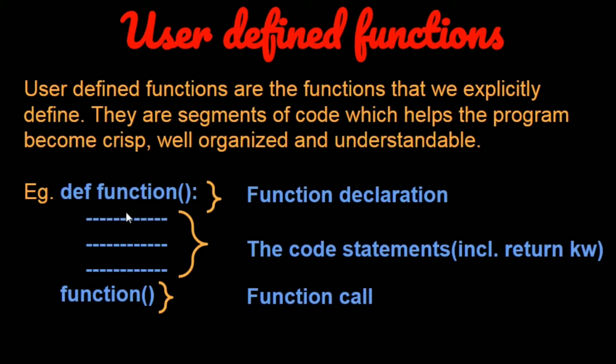So we declared the function, this is known as declaration of the function. Then you define the code, whatever action that you have to perform, and next you have to call the function. Without this statement, this part of your program is basically just going to sit and do nothing. It is just going to sit there on the screen. So you need to call this part so as to bring this into action. So what you do is, you give the function name exactly the same as what you used here, and open and close parenthesis. That's it. That's how you call a function.